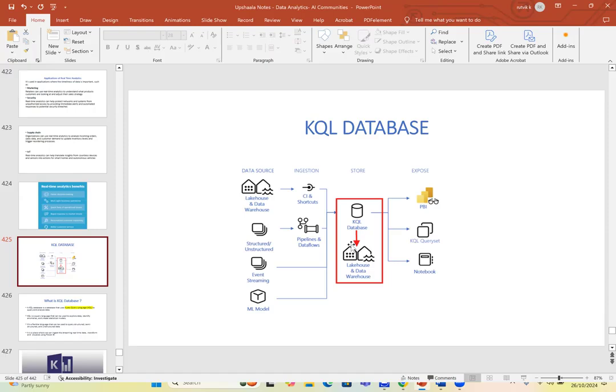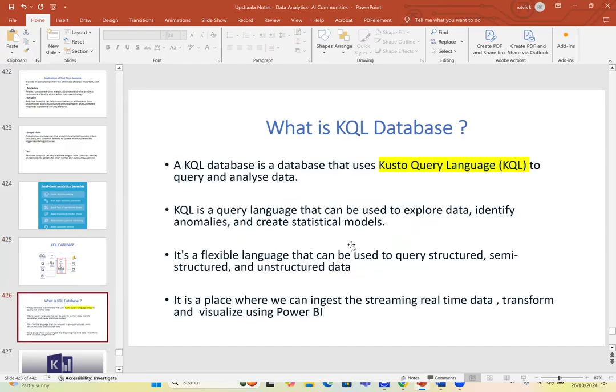It is also a database like your SQL database or any database, basically Oracle or whatever it may be. But these databases are a special kind of database. Basically, we call it a Kusto query language database. What is that? KQL means Kusto query language database. A KQL database is a database that uses Kusto query language to query and analyze your data. So these databases are specifically used, please underline this word,